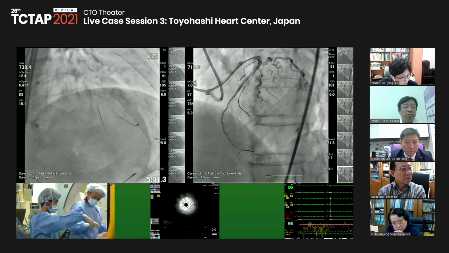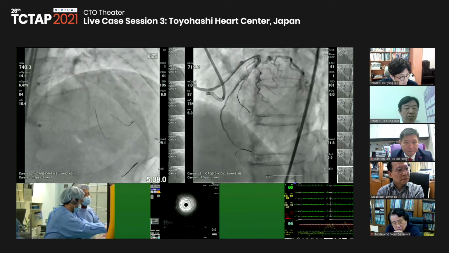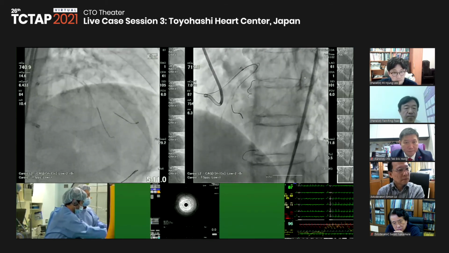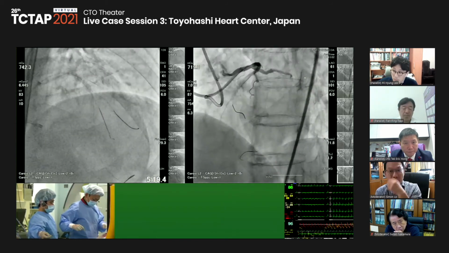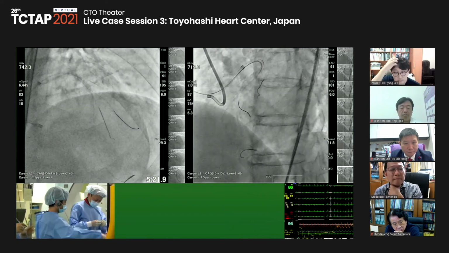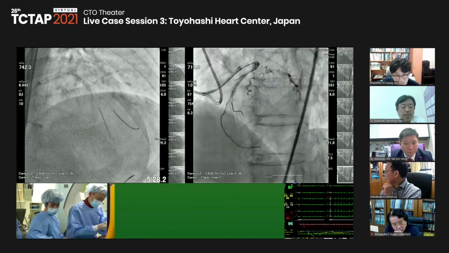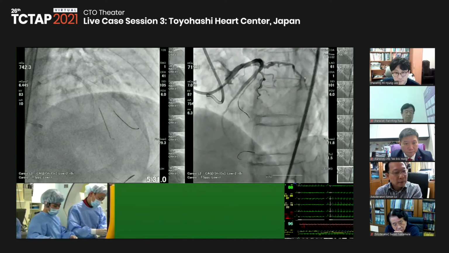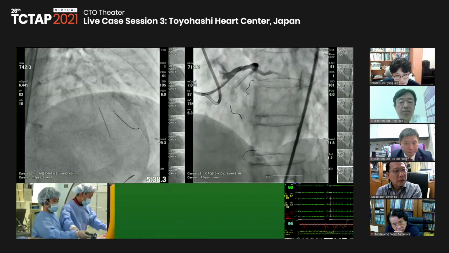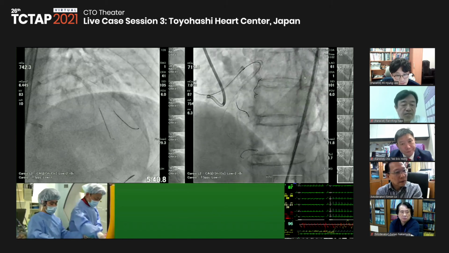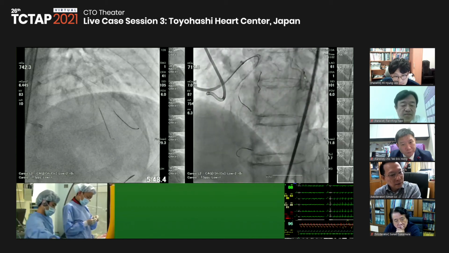So now I can show you IVUS. Maybe you can see some space outside of the stent, the proximal side of the CTO, because we dilated the balloon during the stenting.